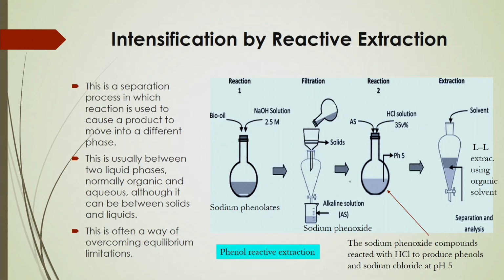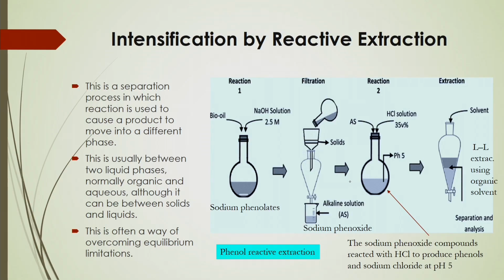So, here one example is given in the slides, phenol extraction in a reactive environment. In that case, in reaction 1, sodium phenolates are produced by sodium hydroxide from this bio-oil, and after that you have to do the filtration, where the sodium phenoxide is actually separated, and after that there will be a reaction with that sodium phenoxide, along with some alkaline solution and hydrochloric acid solution